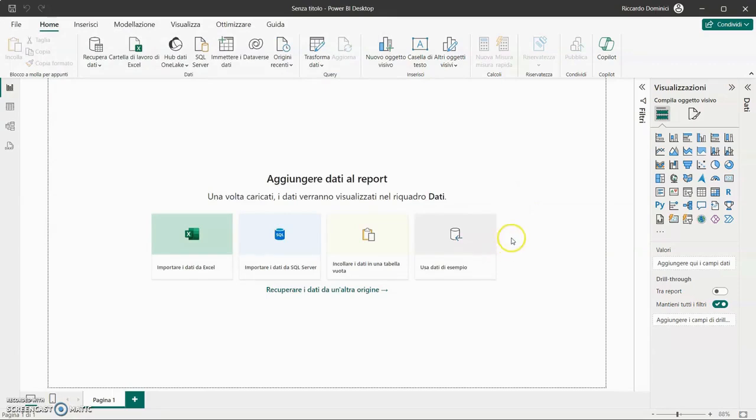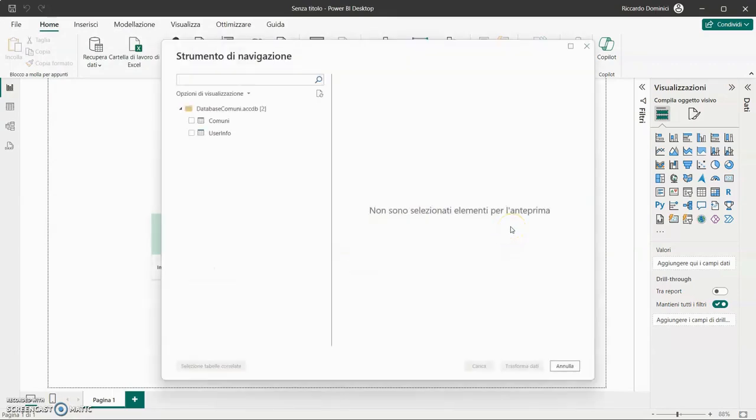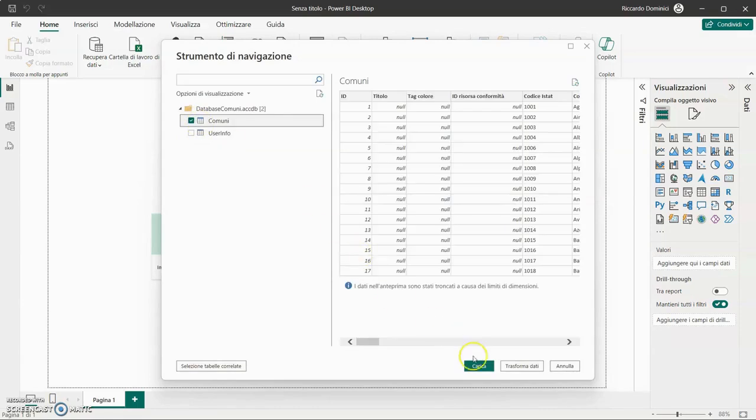So I won't tell it to do this because we said we want to do it with Sharepoint. I go to select the Access table from which I want to retrieve the data, and then click on Load. But we said that at the moment, we don't want to do it because we want to synchronize with Sharepoint. Because Sharepoint will then give us that very important possibility to create a flow in Power Automate that every time